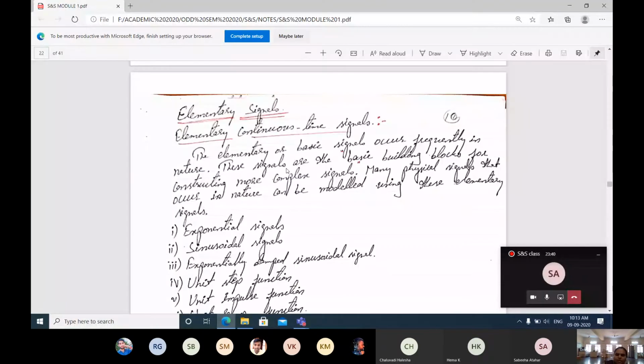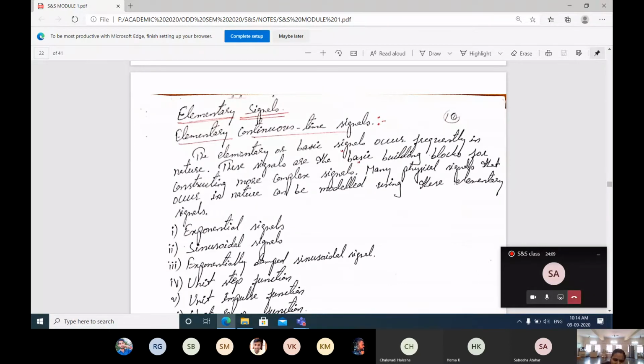Today's topic we are going to learn elementary signals. What do you mean by elementary? Elementary means basic building blocks, with which we want to build some complex signal. In terms of signal, it may be complex. If I want to design a small device or build on a breadboard, what all things do we want so that I can build the design? It can be done by using the elementary signals.